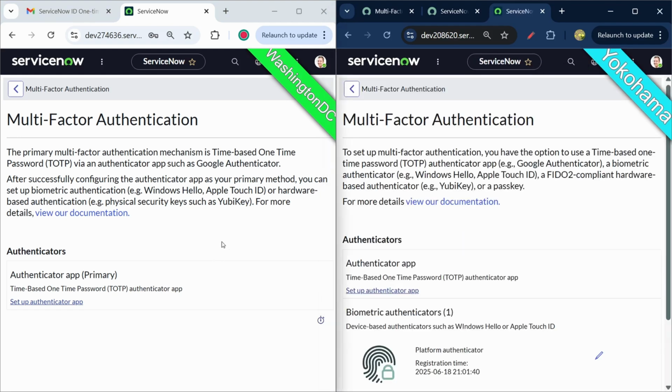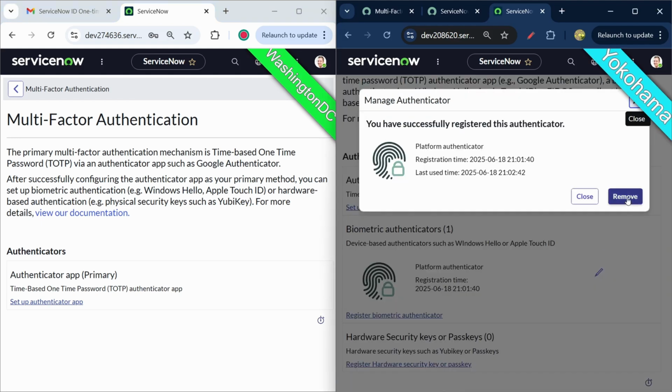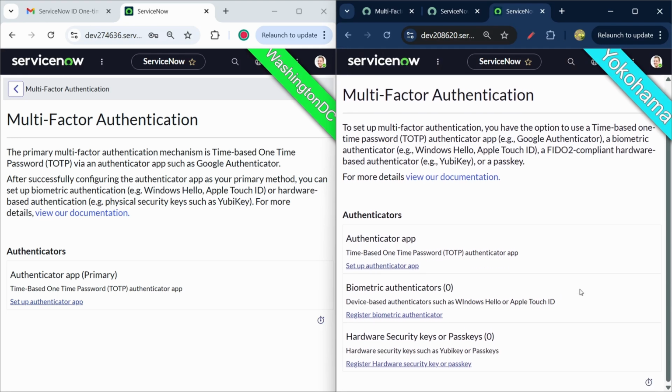Now on Washington, since I have not set up the multi-factor authentication with any of the methods, it's not showing up anything. On the Yokohama, I just did the FIDO2 based authentication, right? Which I would remove. I can remove it from here. So if I do that, so right now I don't have any authentication method set on the Yokohama,